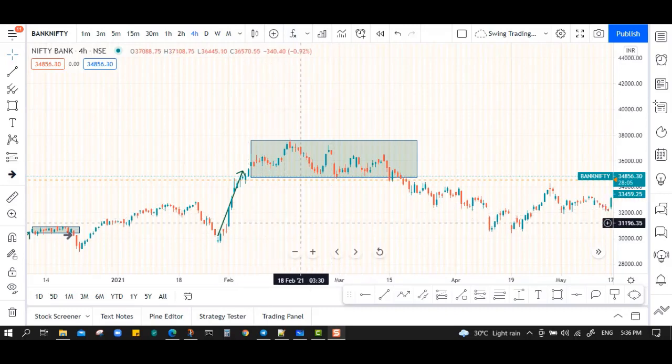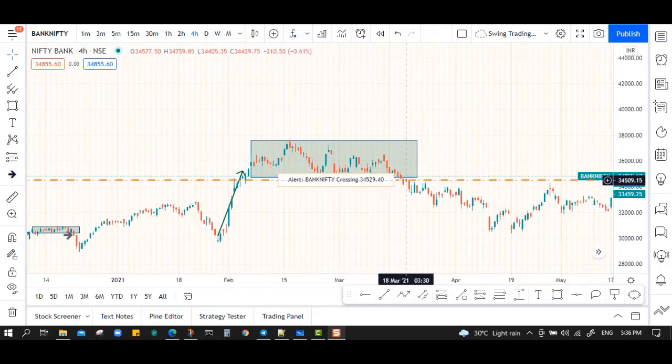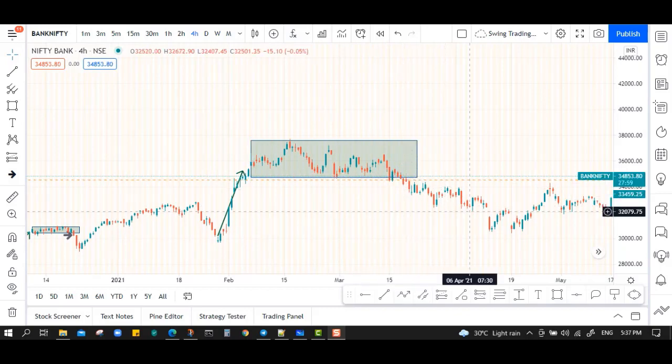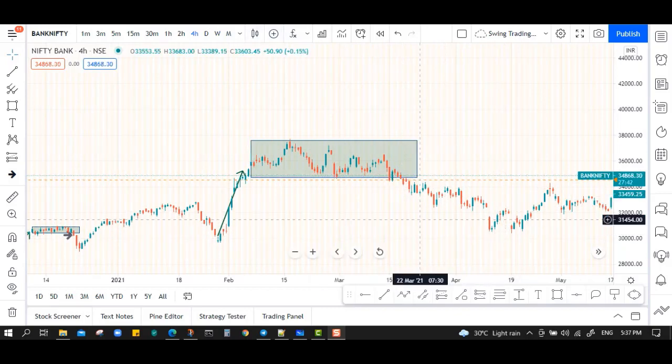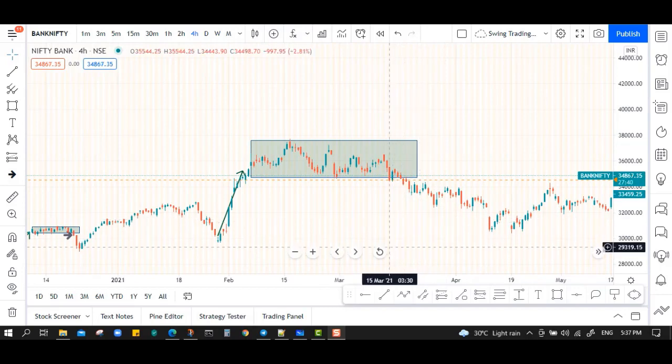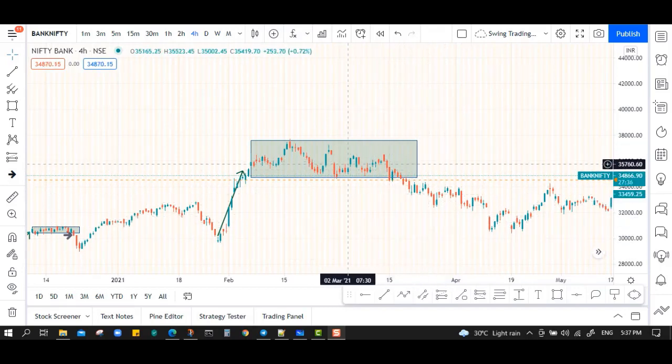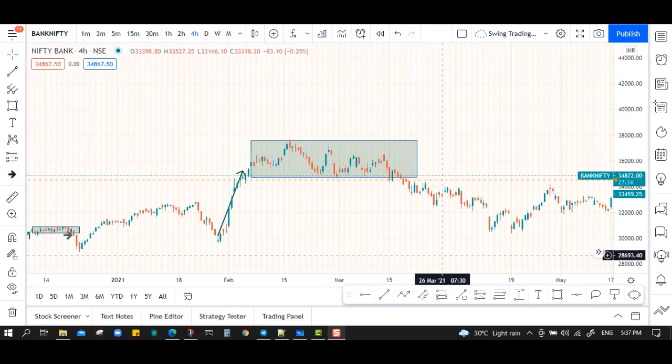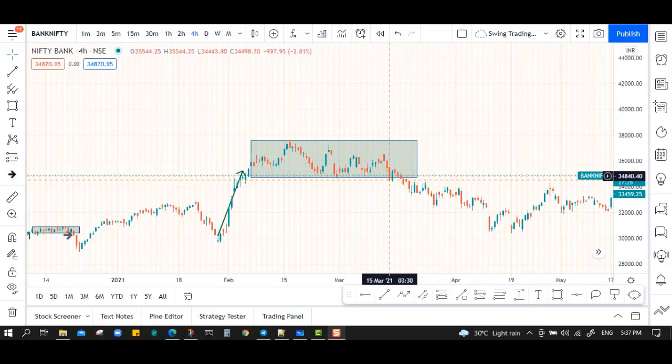So as you can see here, when the market returned to test the supply zone, prices were rejected and the market went down very strongly, right? So now we need to understand why the price goes strongly down, because the quantities left in this zone are quite enough to drop the market, or the market will still need time to accumulate enough quantities. So we can see only a few candles that form an accumulation phase here, right, before a strong move.